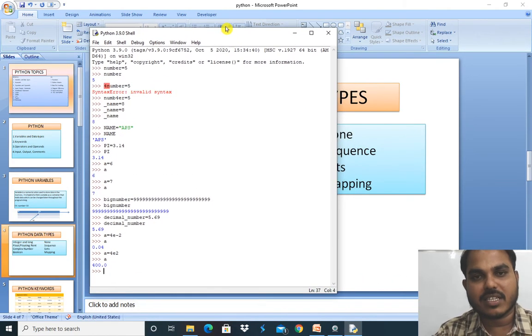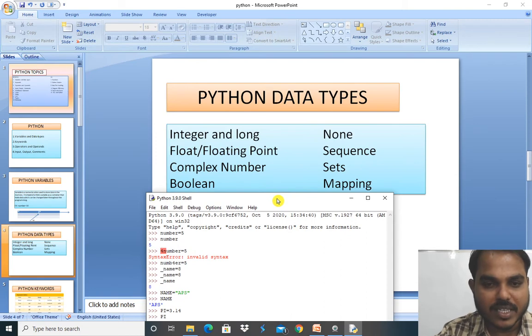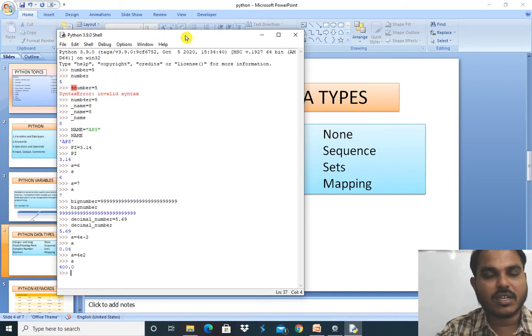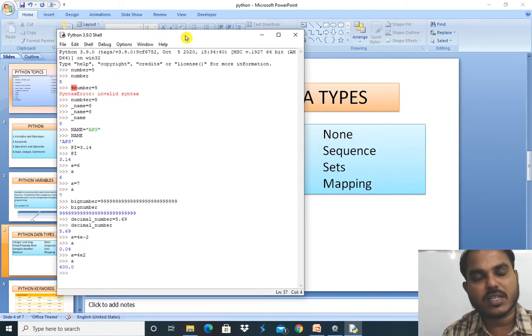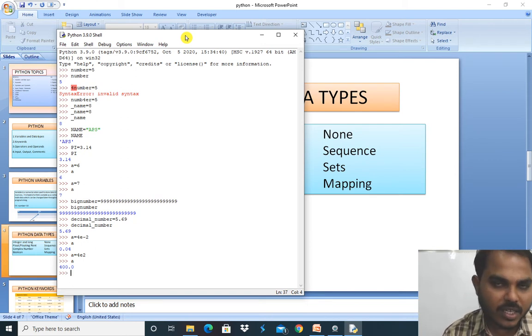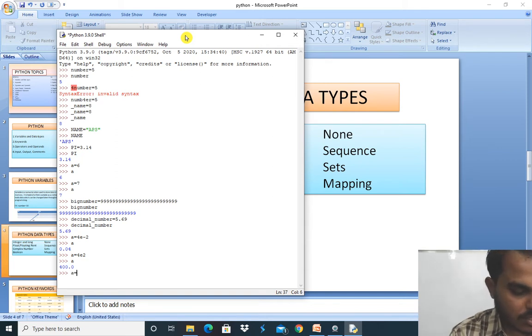Next we have the complex number. In mathematics, we know that a complex number is divided into two parts, a real and an imaginary part. It consists of both a real as well as an imaginary number. How does it work? 3 plus 5j.